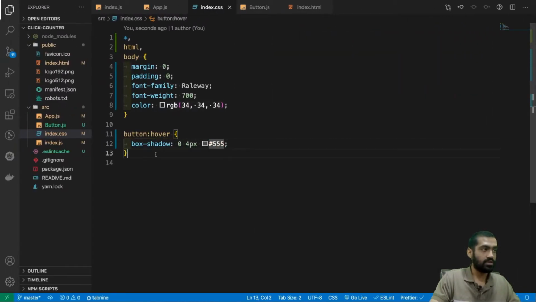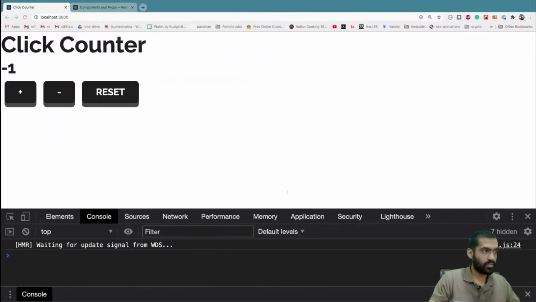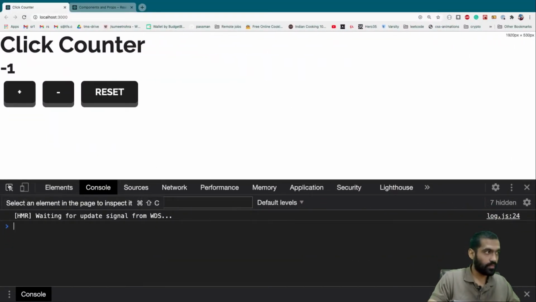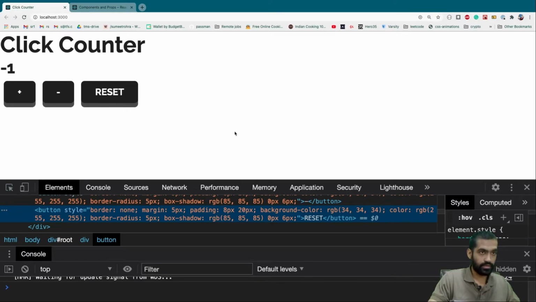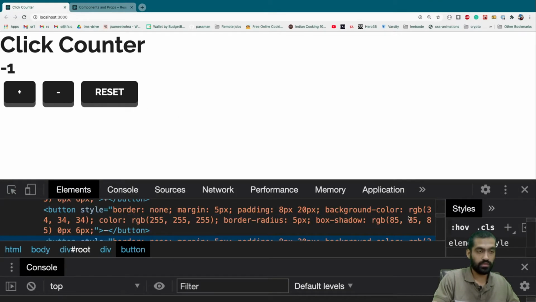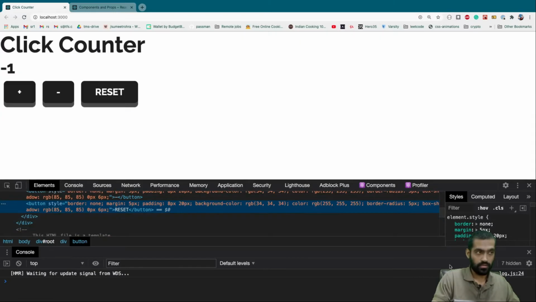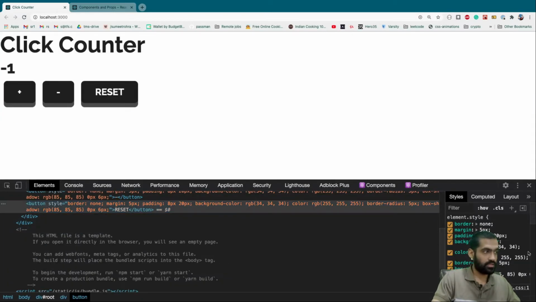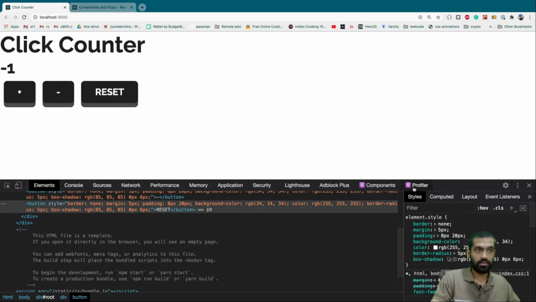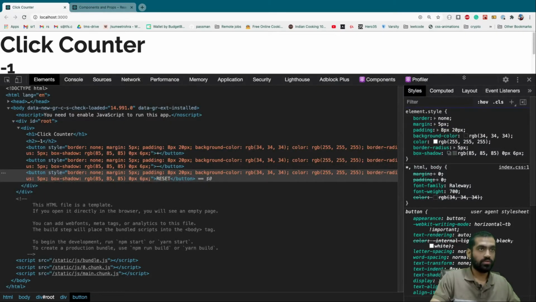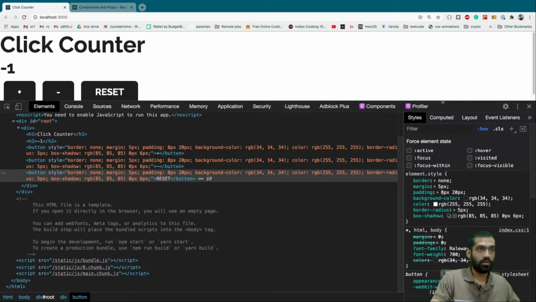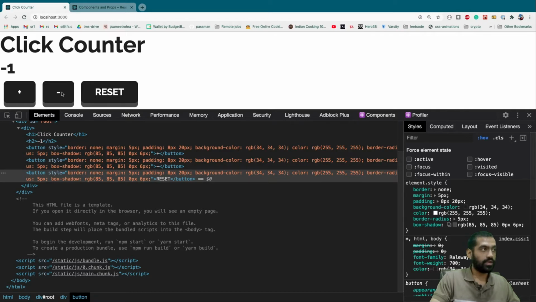It's not working for some reason. Let's select the element, and okay, yeah, let's let go of this. Let's see what's going on here. Hover, is hover not getting activated?